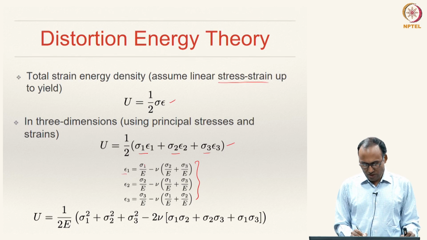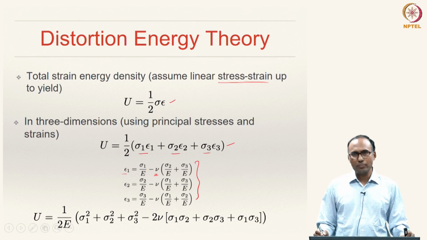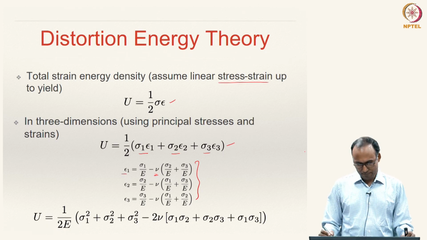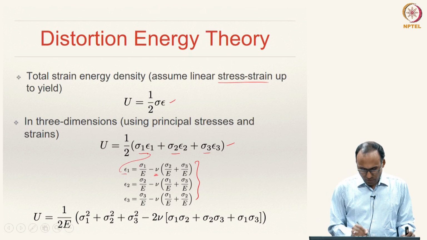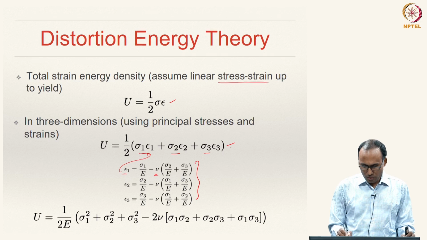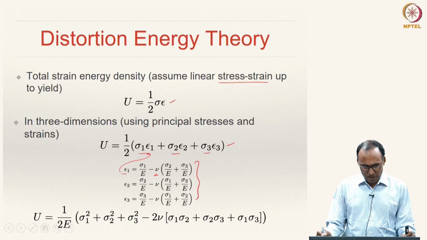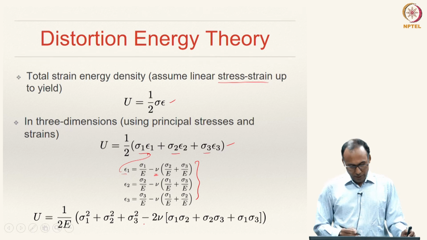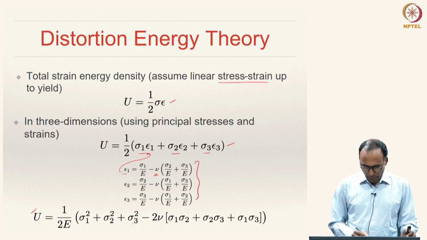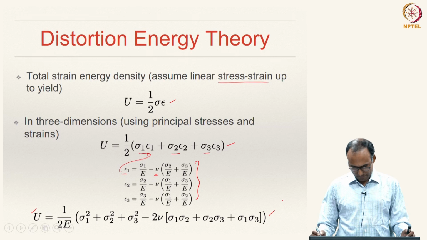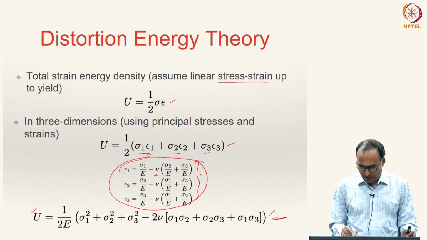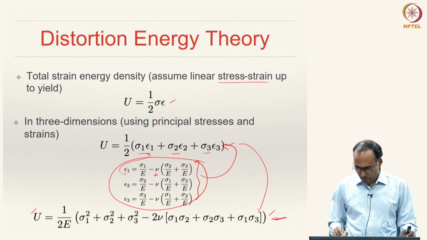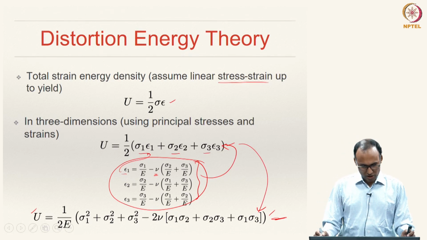And you know that in 3D the stress-strain relations can be written using this formula. So, epsilon 1 is equal to sigma 1 by E minus nu times sigma 2 by E plus sigma 3 by E, and similarly epsilon 2 and epsilon 3. Again we are writing in the principal frame of reference. Now, you can plug the formula for epsilon 1 into this equation for total strain energy, and then you will be able to write your total strain energy U in terms of sigma 1, E and nu as shown here. This equation is obtained by plugging in the values of epsilon 1, epsilon 2, epsilon 3; that is your total strain energy.